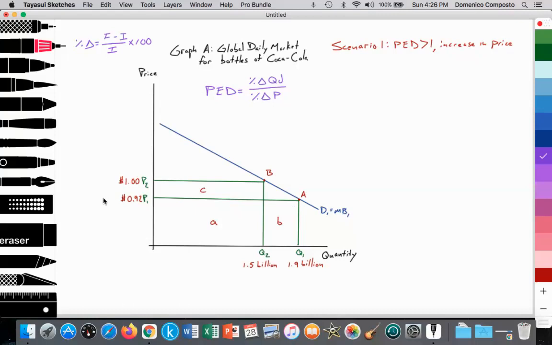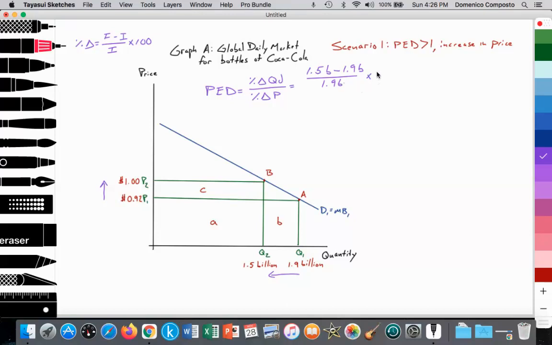And we're going to raise price from 92 cents to $1. And we're just going to assume that the quantity of consumption is going to fall from 1.9 billion to 1.5 billion. So with these data points, we can start plugging the numbers into the formula. This is our initial price value. This is our final price value. Here's our initial quantity value and our final quantity value. So when we plug those numbers in, in terms of quantity demanded, the final quantity is 1.5 billion, B for billion, minus 1.9 billion, divided by the initial 1.9 billion,